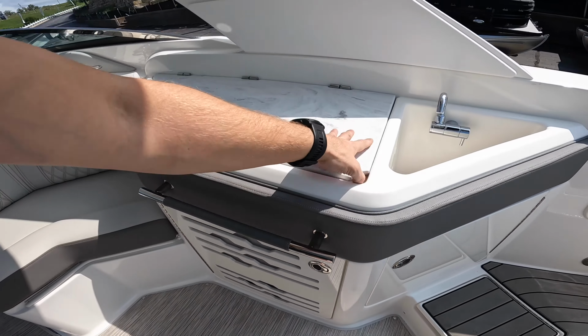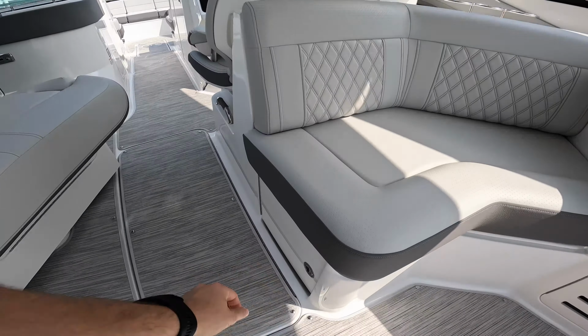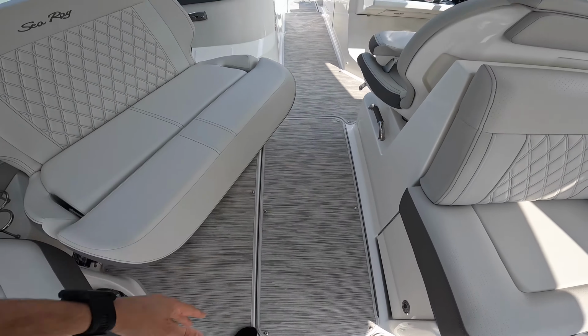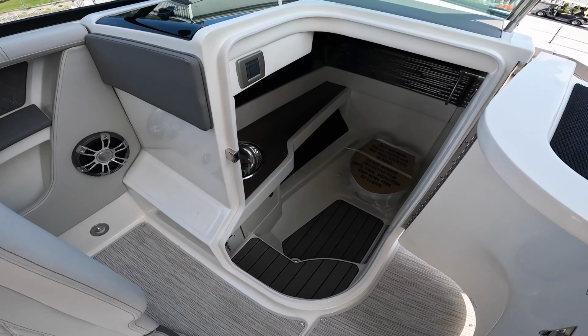Refrigerator, storage compartment, got your sink there, full-size cooler storage, big storage compartment under here, little ski and tow locker. Got your head,